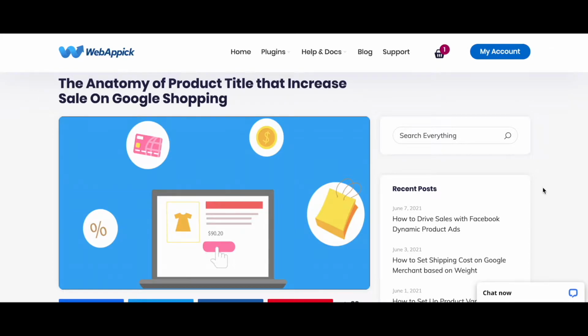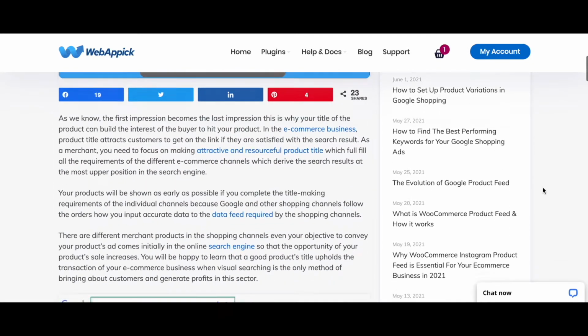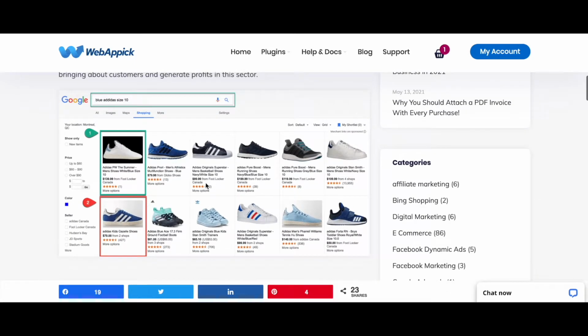Now, let me show you an example of what a good product title looks like. As you can see here, under our shoes, we have a lot of information that is already displayed in our product title. We can see the brand, we can see it's for summer, it's men's shoes, and moreover we can see the color and size as well. So since a lot of information is presented to the customer, a customer is more likely to buy this product. Moreover, because the product has so much information, when the customer is searching for it, all these keywords might be hit, which increases the chances of your product being shown to your customers.